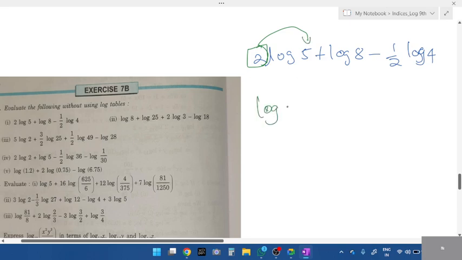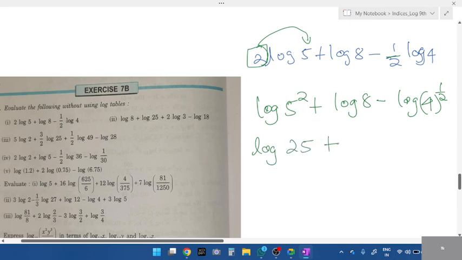Log, very good, 5 square plus log 8 minus, what happens to 1 by 2? Log 4 into 1 by 2. Is this clear? First step, did you understand? What is log 5 square? Log 25, log 8. How do you convert this, students? The power is a fraction. How do you eliminate 2? Very good. What is 2 square? It gets cancelled. So what is left? Log